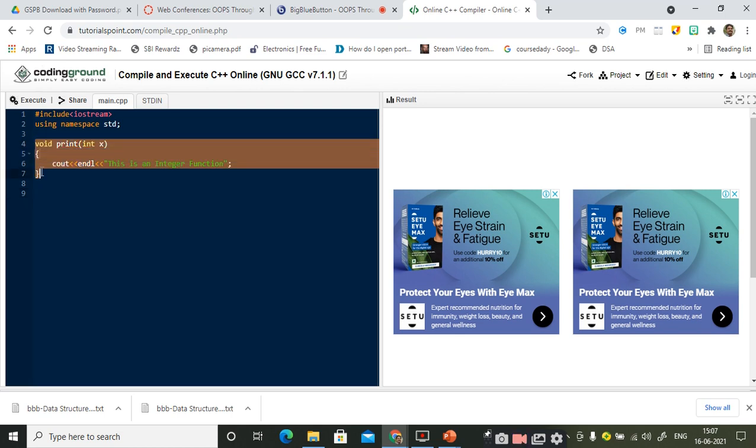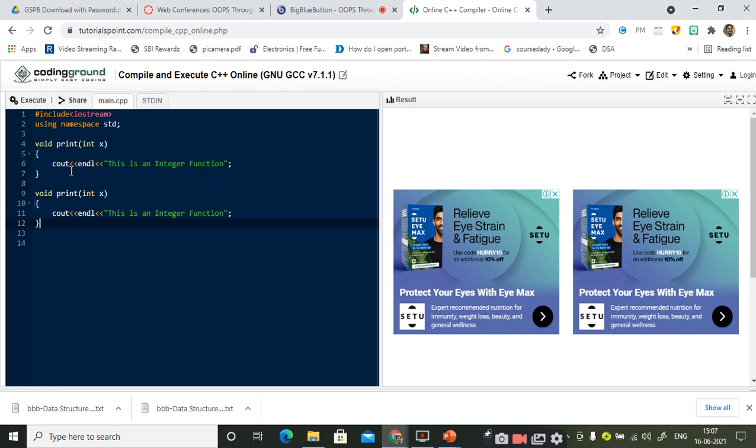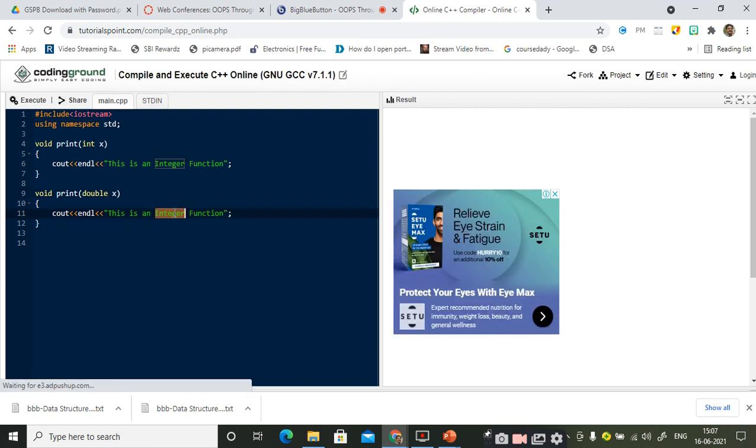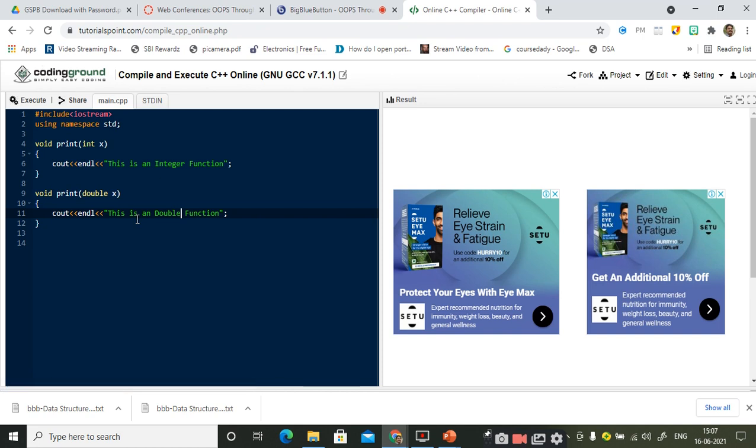And I want to make use of the same function such that I change this code to double, and this is going to accept the double, and it is going to print that this is a double function, right? Again, I just want to repeat it with the character also. So I change the parameter as char ch, and I write it as this is a character function. Up to here you are clear, right?